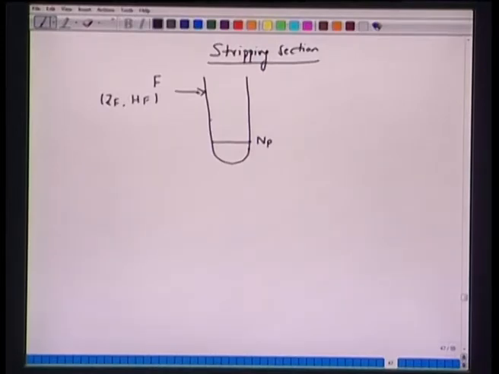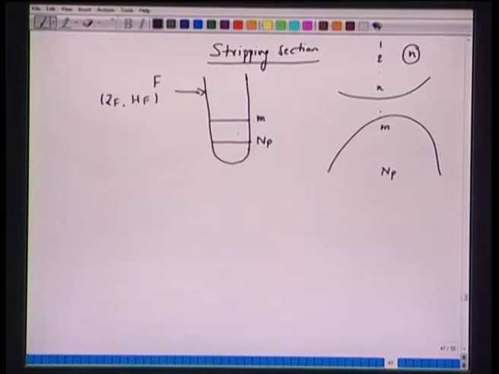Any arbitrary plate in the distillation column we are representing with m. The nomenclature which we used for the rectifying section was n. Here we have m for our convenience, all right. So, counting still starts from the top, 1, 2, n, and continues with m, and the last plate is NP. So, we have this envelope here, and we are looking at this bottom part.